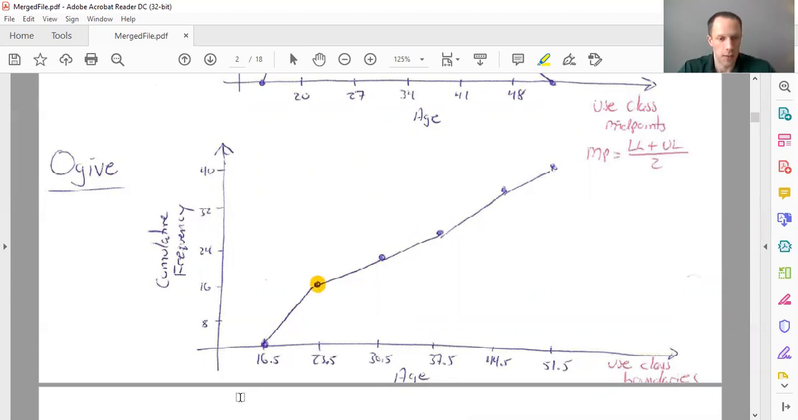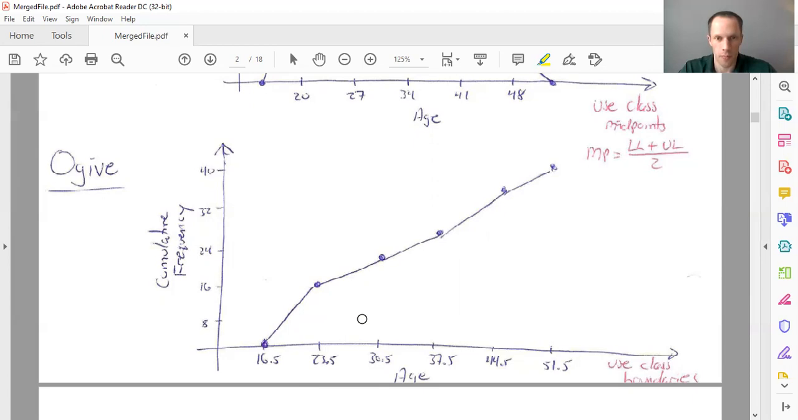That was 17. Then we said how many people are less than 30.5? Well, that was everybody in the first and second class. So we had 17 plus 6, so 24 altogether, or 23, I should say, altogether is the cumulative frequency for that one. And then you just go ahead and put the rest of the cumulative frequencies and connect those lines